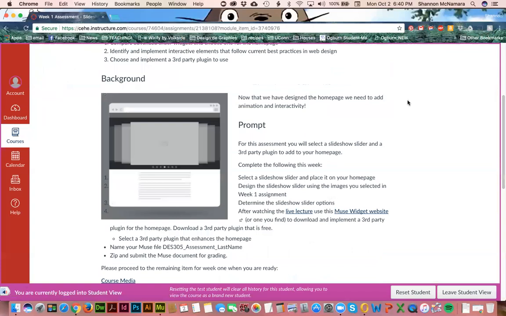So for this assessment, you will select a slideshow slider and a third-party plugin to add to your home page. You're going to complete the following this week. Select a slideshow slider and place it on your home page. Design the slideshow slider using the images that you selected in the week 1 assignment. You're going to determine the slideshow slider options, and then after watching the live lecture, you're going to use this